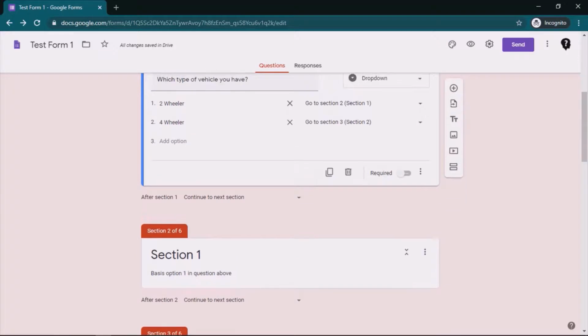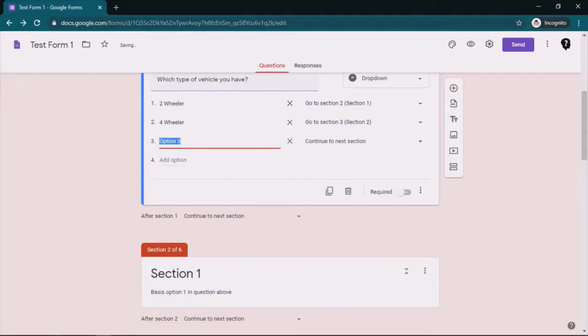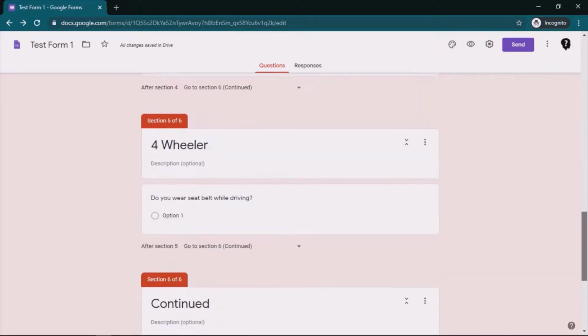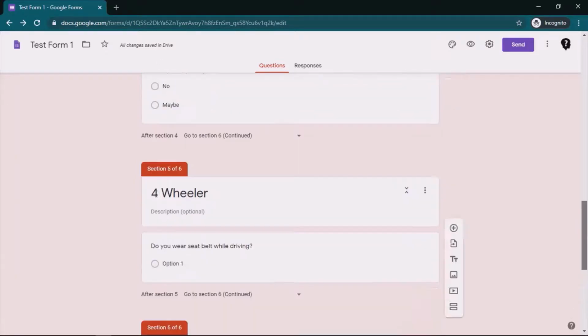Now here there is an option that after section 1, continue to the next section. If I have another option here, I can say either continue to the next section, which is my section 1, or I can bypass section 1 and section 2 and go directly to, say, section 4 or directly to section 6.